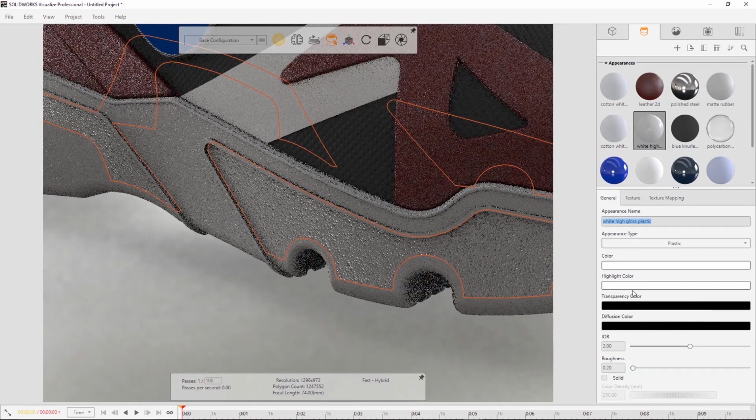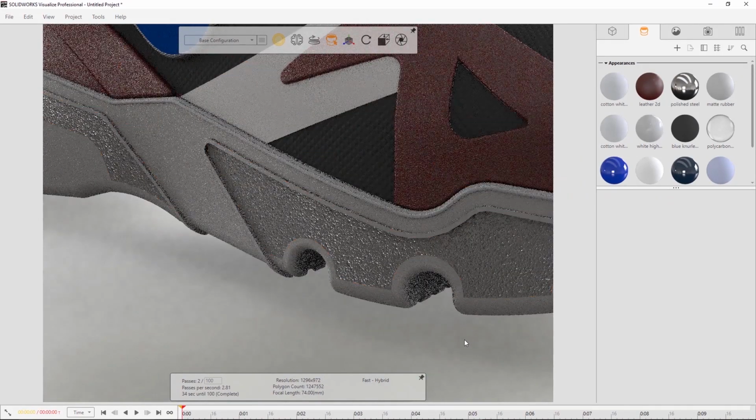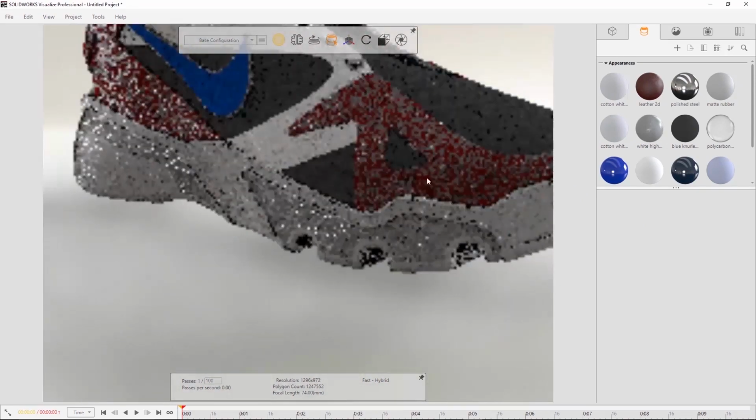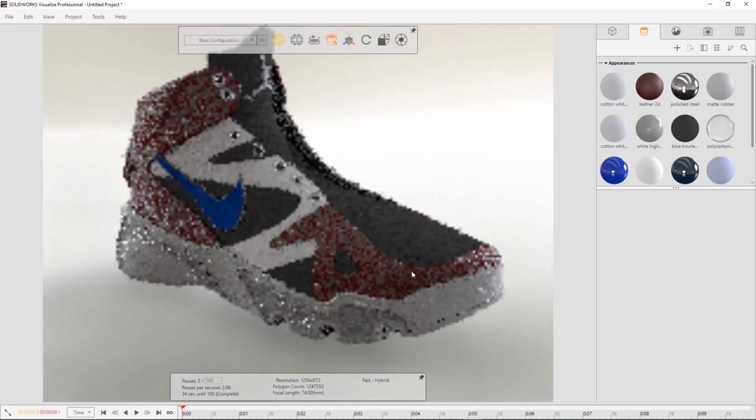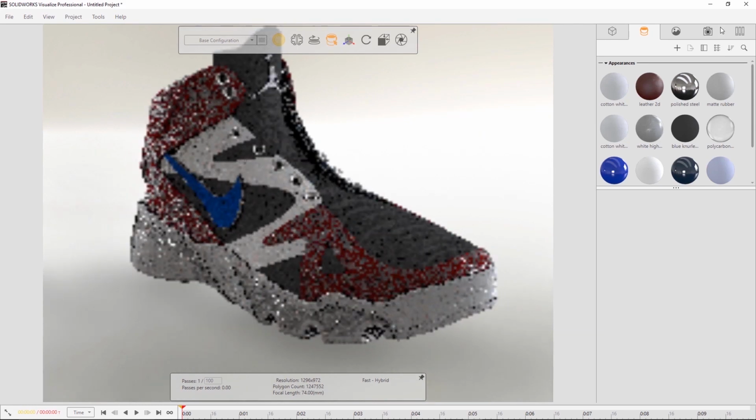And also I can change the color of that just for that inlay to be maybe a slightly darker gray. See, perhaps I'm a frustrated shoe designer. So you can see how easy it is just to tweak materials and things like that. The next thing that I want to do really is to concentrate on the environment. So at the moment I'm kind of in a studio environment.